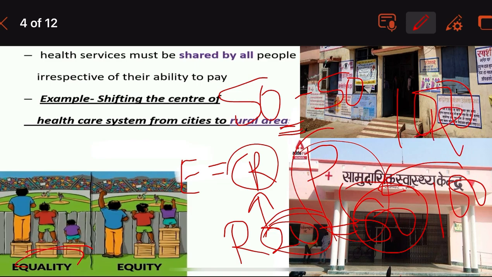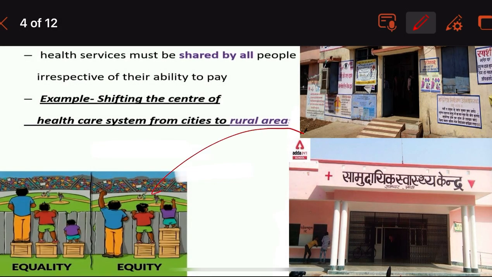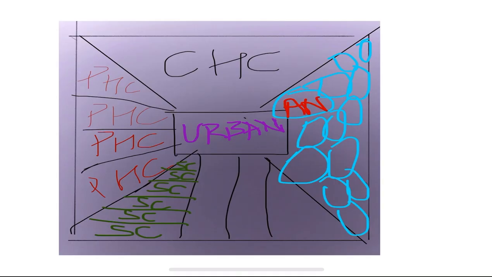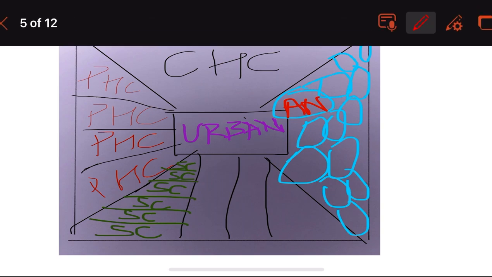Similarly, the health services will be given to the one who is in need. Okay. So this is about the equitable. They didn't say equal distribution. They said equitable distribution. So you have to stress on this point. Moving on, to make you understand this equitable distribution,